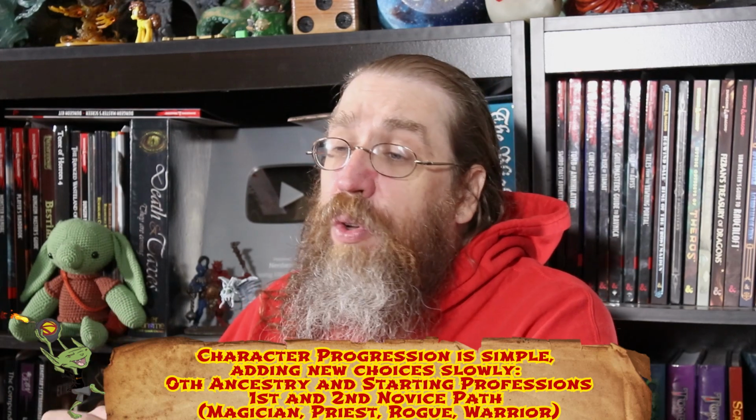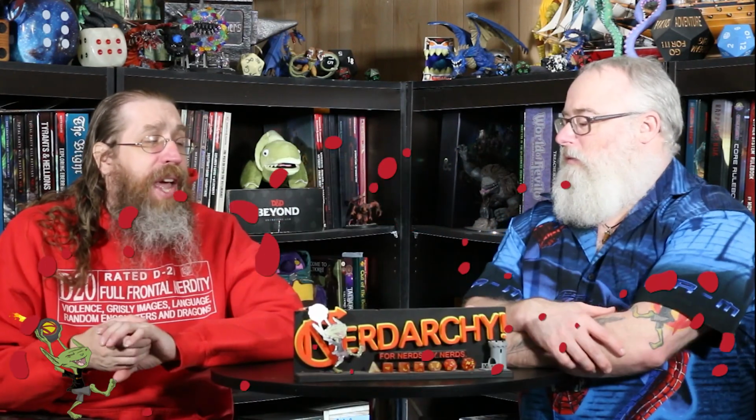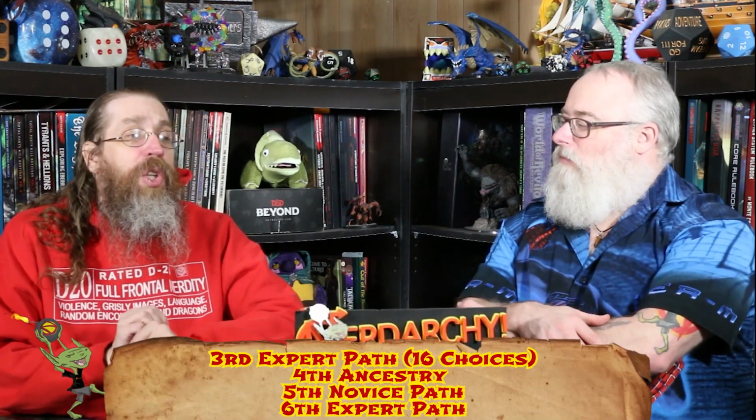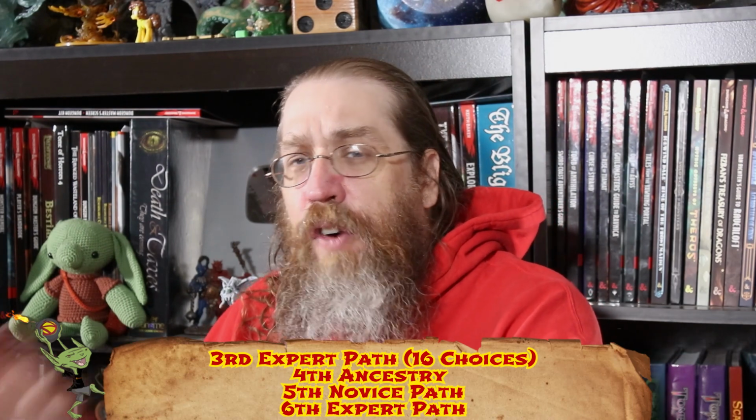And then as you gain levels, you're going to choose additional paths, additional information. So at 3rd level, you're going to choose your expert path. And here you've got essentially 4 times as many choices. And the great part is you don't necessarily have to make something that corresponds with the first choice that you